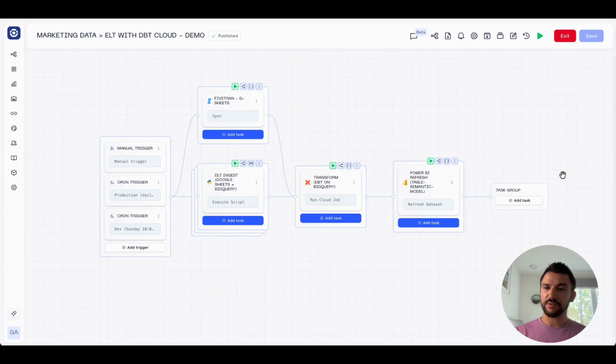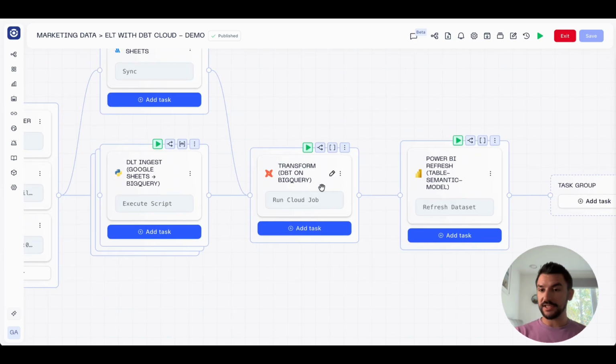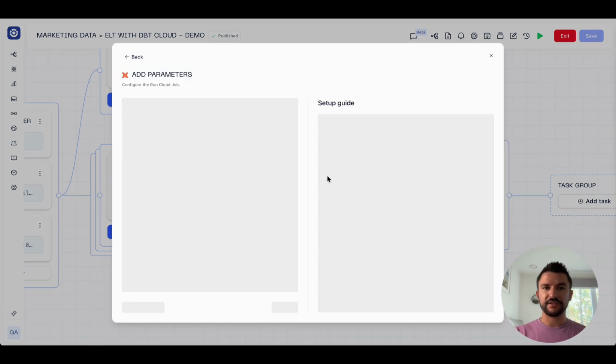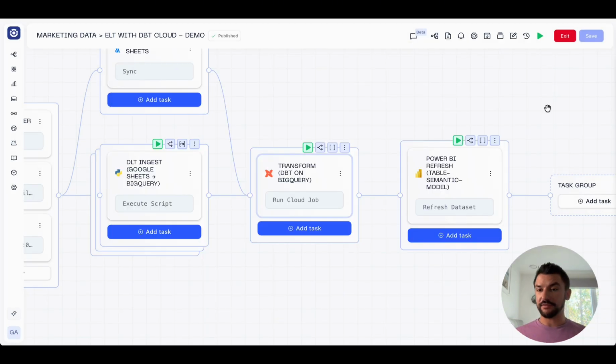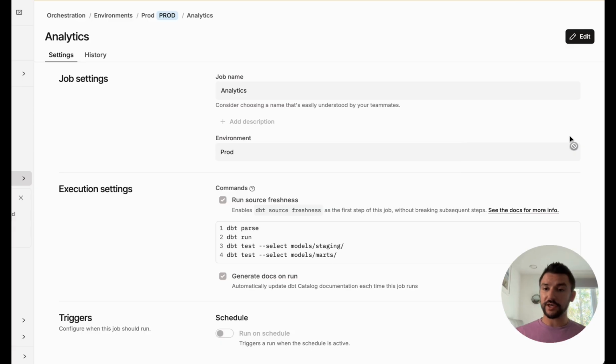So for this example, I'm actually going to do it from within an Orchestra pipeline where you can see I have this DBT job running in the middle of an ELT analytics pipeline. And this one is actually triggering DBT Cloud. And the job ID is analytics. And all this is doing is running that DBT Cloud job for me in the middle of my pipeline. And if we take a quick look at how this job is set up in DBT Cloud,